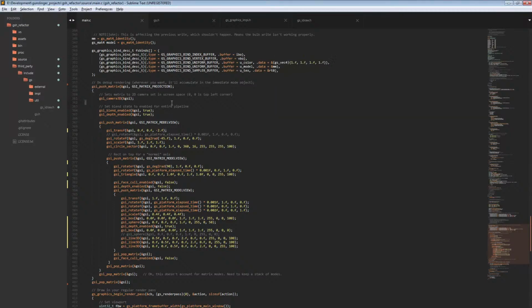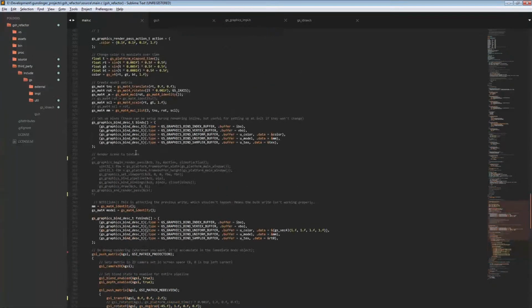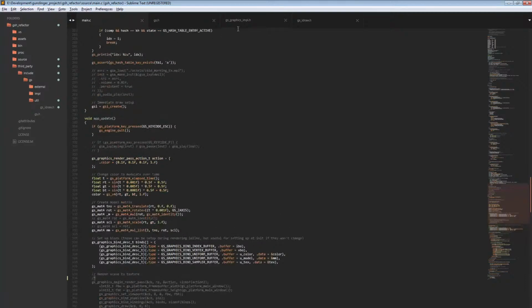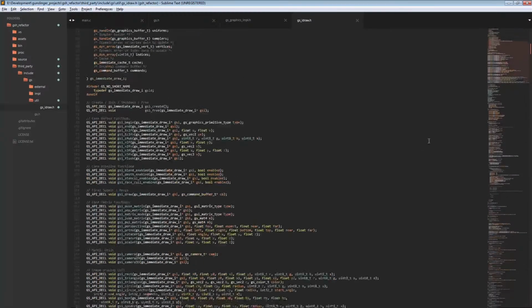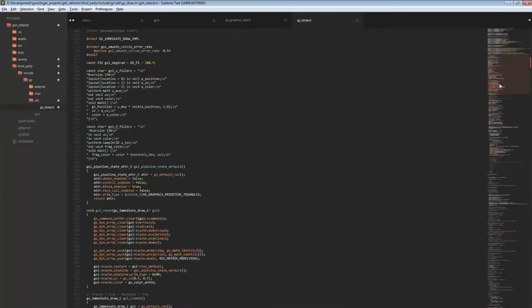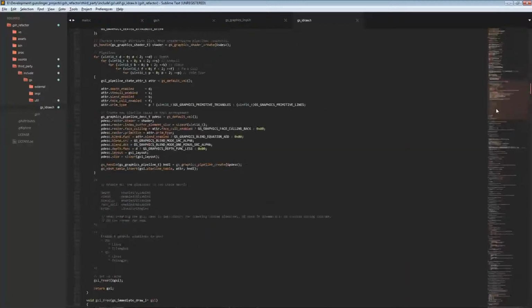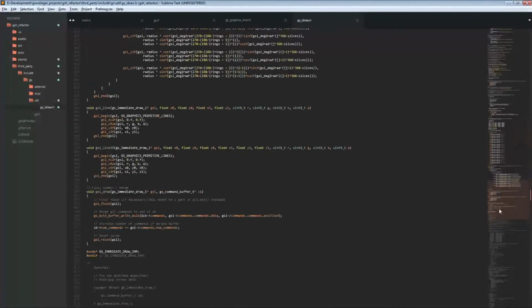Okay, so what are we doing today? Trying to finish this stuff up. So I've been working on this immediate draw utility. It's gotten a little more fleshed out, actually a lot more fleshed out than it was last time. I actually can't remember what I was looking at last time. I think it was just getting like,